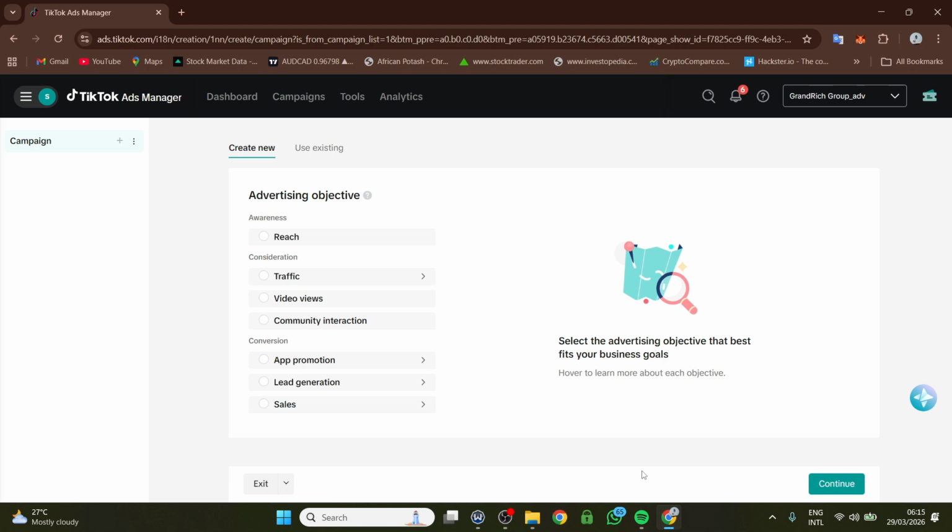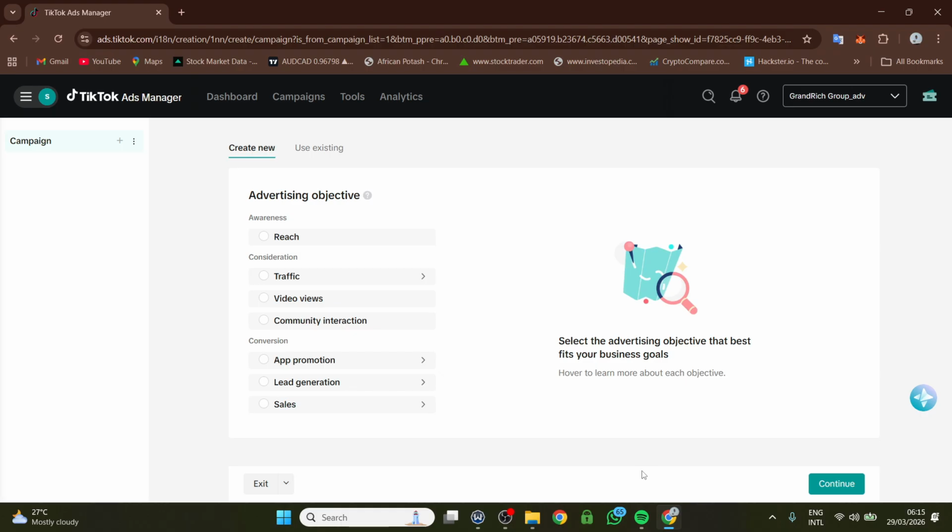So in the last video where we talked about the ads manager overview, I deeply talked about campaign level. So I explained everything that you guys need to know in detail when it comes to campaign level. Now that we've discussed everything that you guys need to know extensively when it comes to campaign level, I will be jumping straight to the ad group level right now because